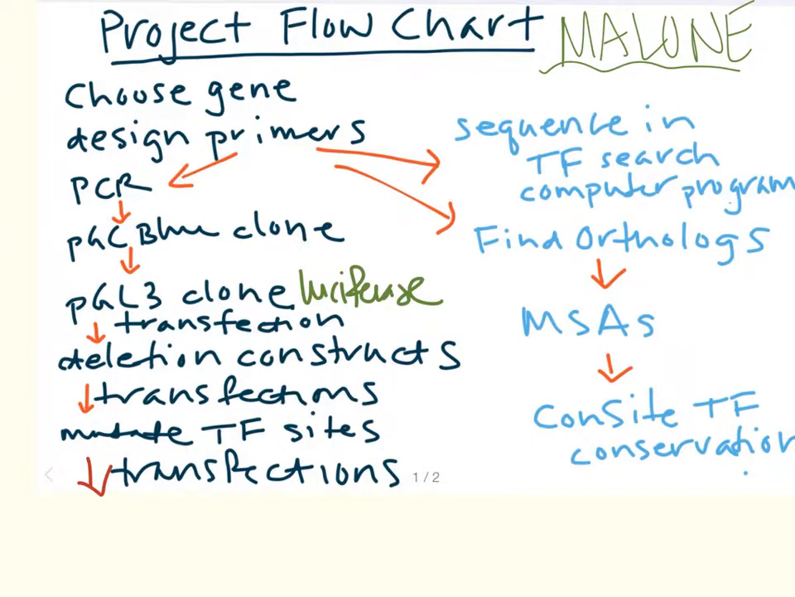So not only do we do a truncation construct to narrow down what transcription factor sites we should mutate, we also do an evolutionary analysis to again narrow this down. We don't want to have to mutate 10 different sites. We want to mutate 4, 5 at the most. So these two methods help us narrow in on what transcription factor binding sites we should mutate and transfer. That gives us